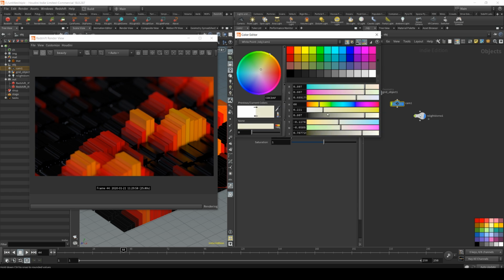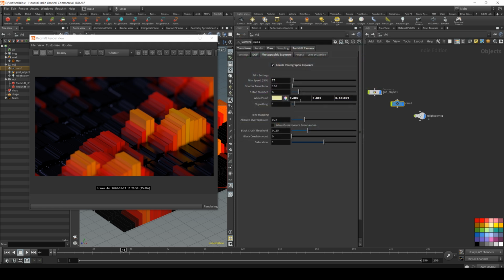some parameters. For example, if I want some bluish black, which I love to have, like blue in the shadows, I can do that. I can play with the vignetting, but it's not that useful. And a parameter, you can also play with saturation, and black crush threshold is pretty nice. You can crush down some black, so